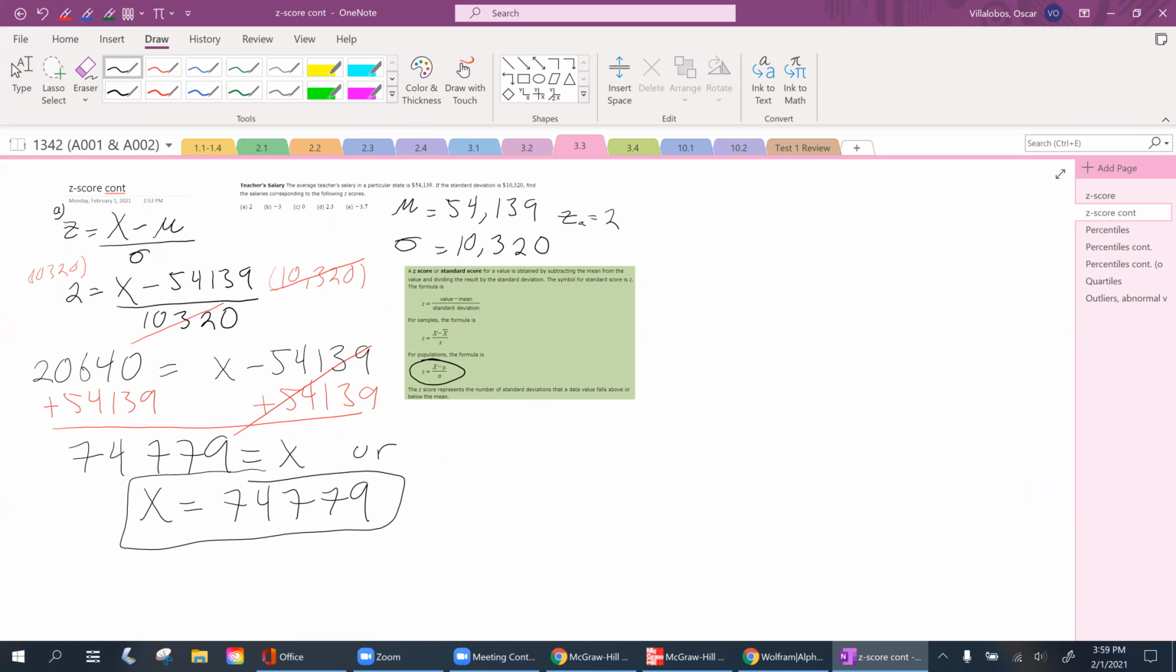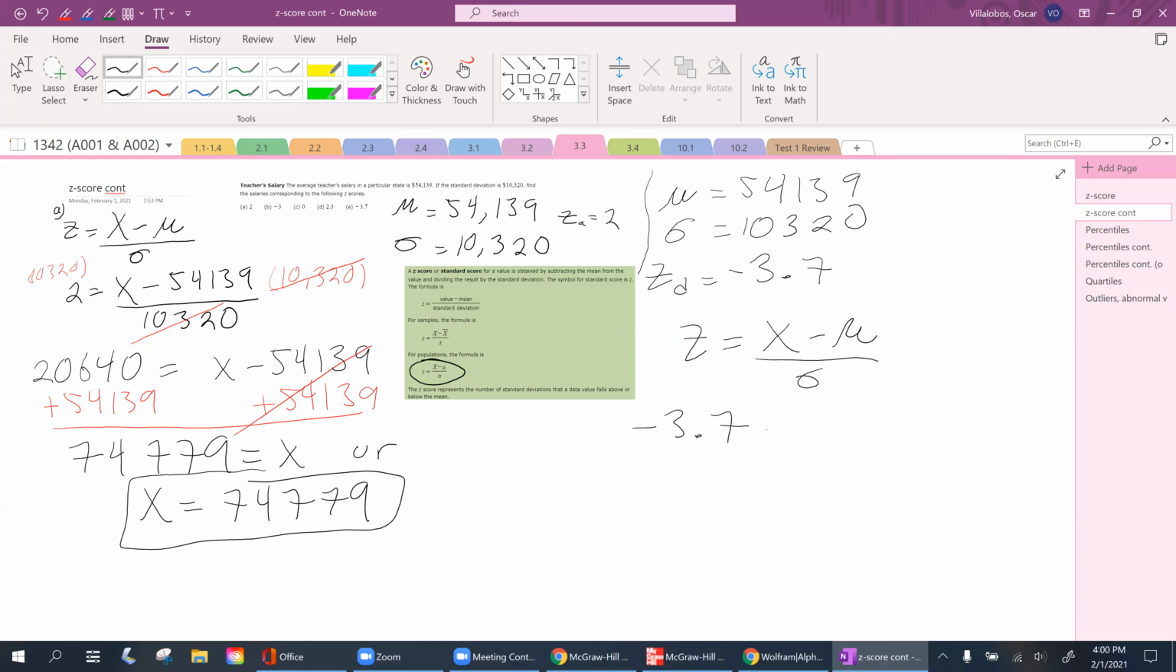Let's go ahead and do another example. These values are going to stay the same. Let's do the last one, Z for D being negative 3.7. And again, I'm going to plug it into that same formula. Z is equal to X minus mu over sigma. My Z, negative 3.7, is equal to X minus 54,139 all over